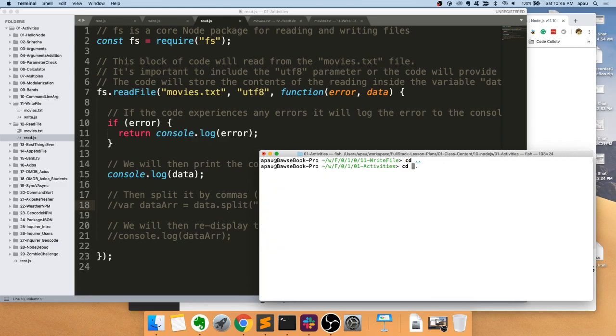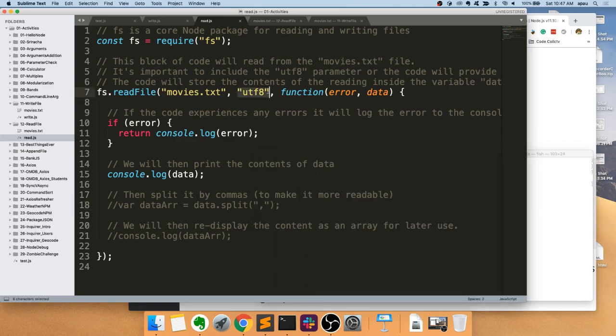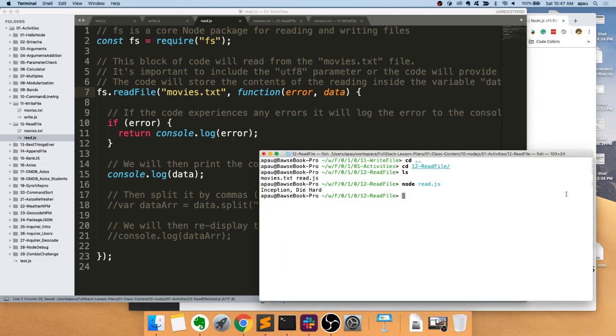cd out, cd 12, read file. All right, read.js, node read.js. All we should see is Inception, Die Hard. Inception, Die Hard. We can understand it. What happens when I remove UTF-8? Let's find out. If I run this again,